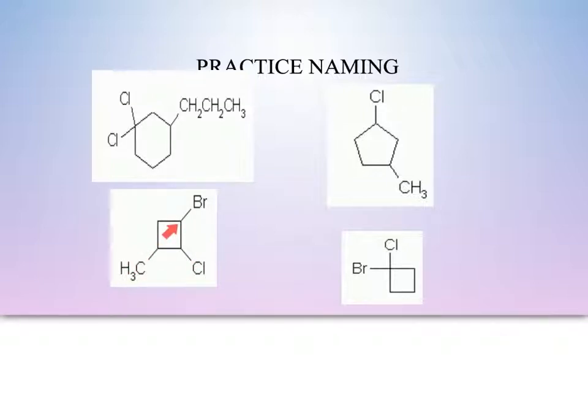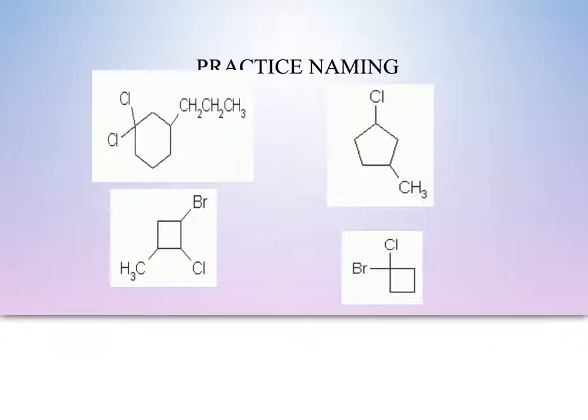This is going to be a 1-bromo, 2-chloro, 3-methylcyclobutane. Looking at this one here, we would have a 1-chloro, 3-methylcyclopentane. Here we would have a 1-bromo, 1-chloro